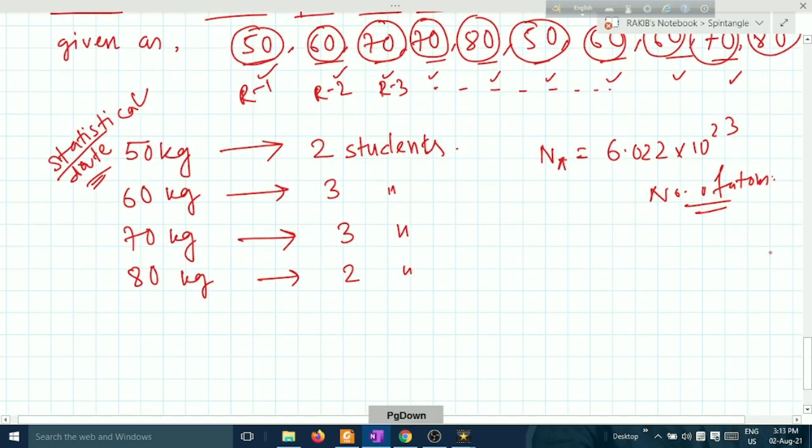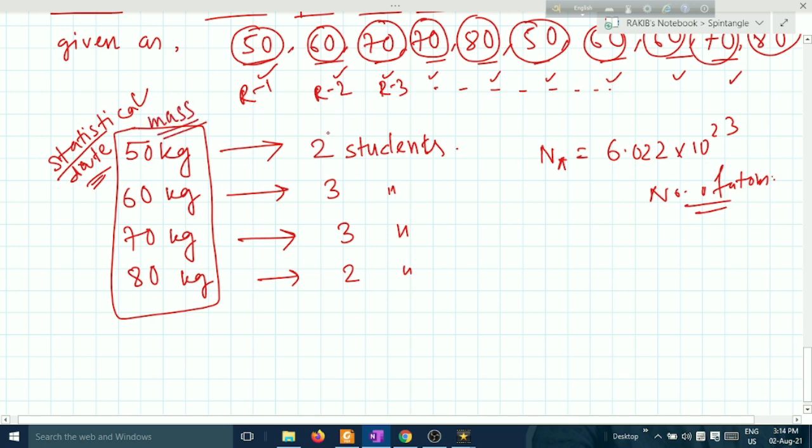So this is the statistical data. From this data, what we can say from the general formula: this is the mass, but what we call weight is not the actual weight, this is the mass of each participant, okay. And this is the number of students. What we can say from the formula, what we have is the formula,